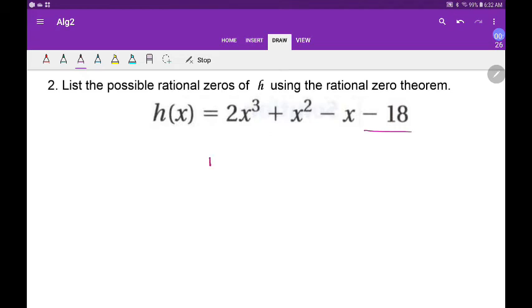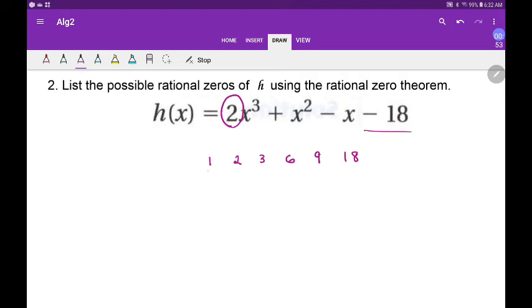So let's see, 1 is a factor, 2 is a factor, 3 is a factor, 4 is not a factor. Let's see, 5, no. How about 6? Yeah, 6 and 3. And then what goes with the 2? Well, 9. 9 goes with the 2, right? And what goes with the 1? 18. Okay? And on the bottom of my fractions that I'm going to create here, there's either a 1 or